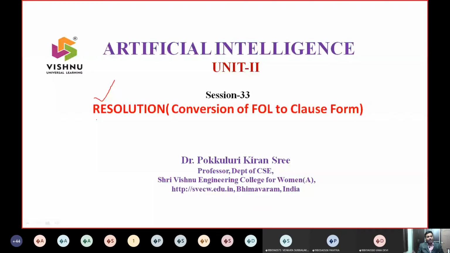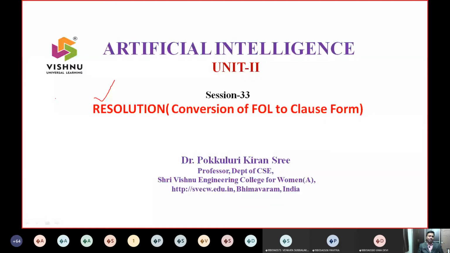So I take the negation of what exactly has to be proved and I try to proceed. So many times in your textbook they will refer to it as a resolution with refutation. Many other names are there, but many times we will use this resolution concept. So I said for the last few classes, three types of inference mechanisms are there. The first mechanism is a basic mechanism where it will infer something from the symbols that we have seen. Two examples for that first version are called NDS and AS, a natural deduction system and axiomatic system.